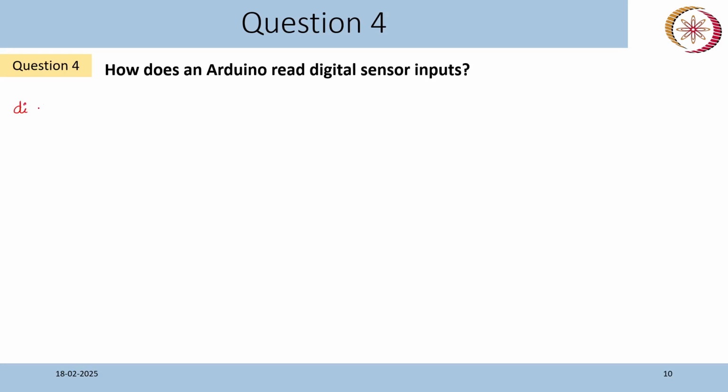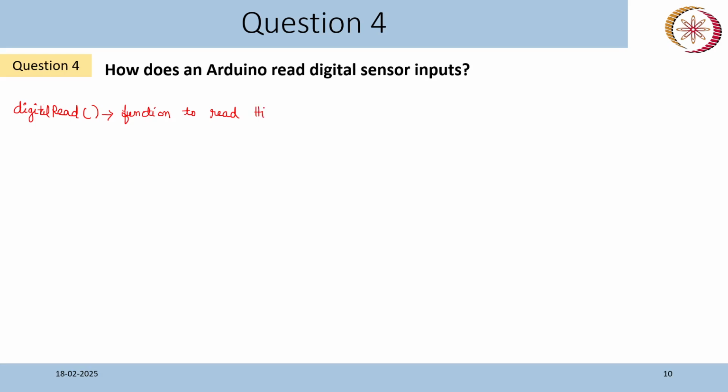You should be careful with the case of the letters, whether it is in capital or in lowercase. Digital read. This is a function to read